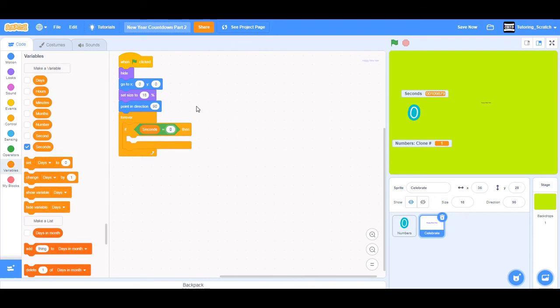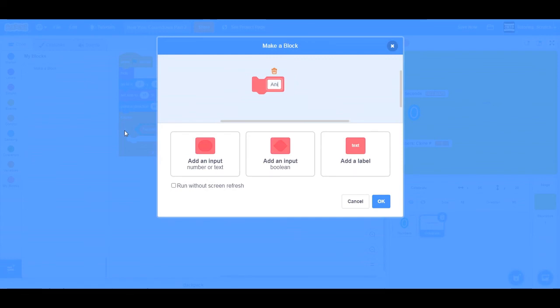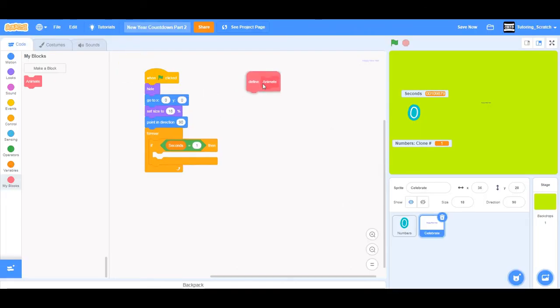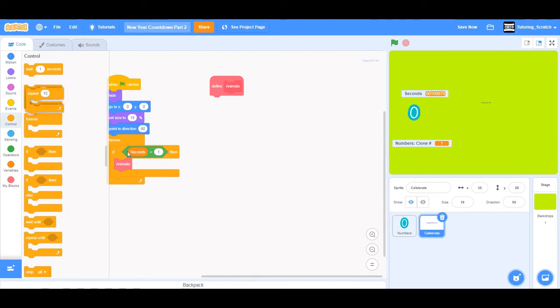So if seconds equals 1, then make a new block, animate. Now here, make sure you do not click run without screen refresh, and just put this in. Right, so in animate, we'll just do